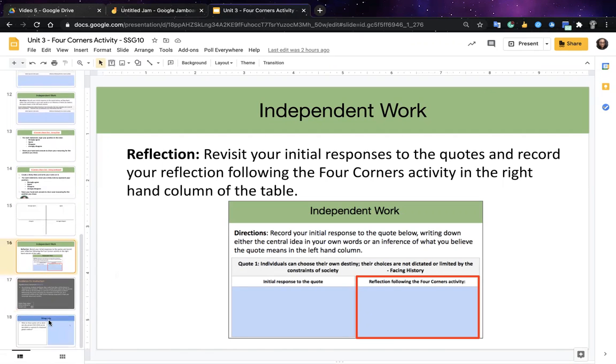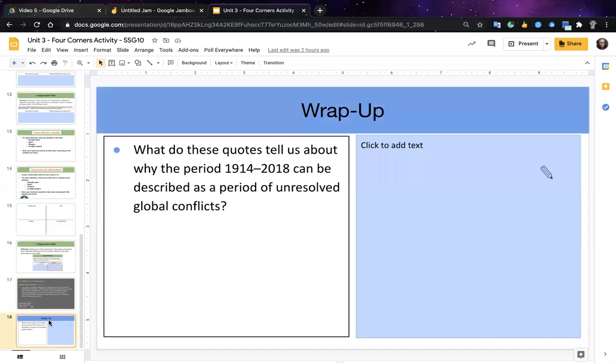And you may wish to do a wrap-up activity as well, where you start to connect it, because our bigger picture here is the unit assessment. You could connect it to, what do these quotes tell us about why the period 1914 to 2018 can be described as a period of unresolved global conflicts? You could also use this